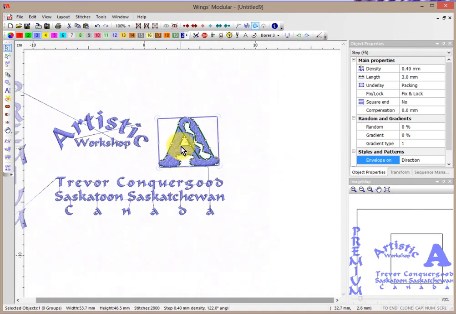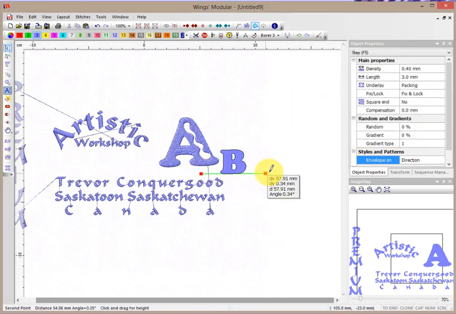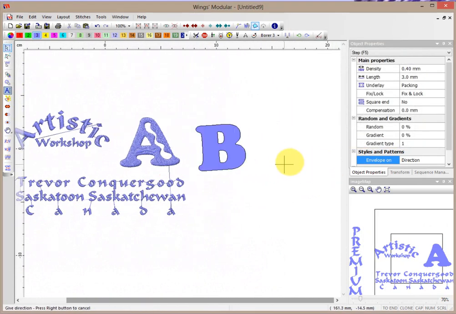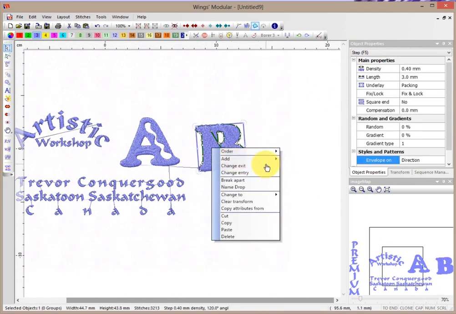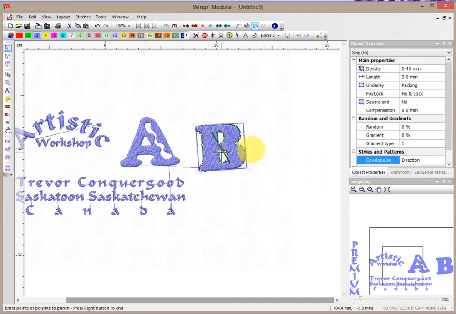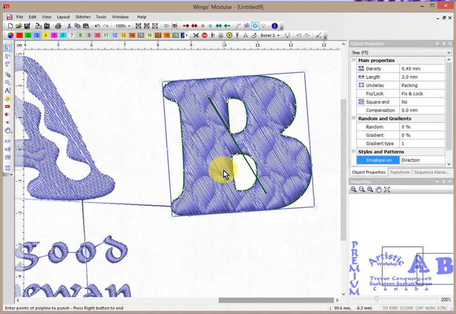So for example, I'll create another letter for this. We'll just do the letter B, 2-point line, and drag up a nice big letter B, and then right click to choose to add a block fill to that. And now I get to draw in a shape. So basically it could be just about any shape you want, some kind of squiggly line, and when I right click it will let go, and it's basically going to repeat that line that I drew over and over